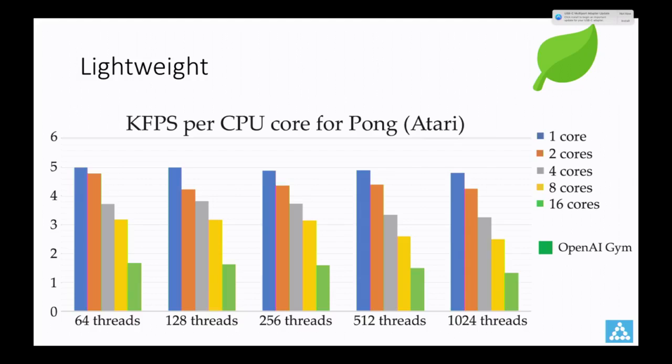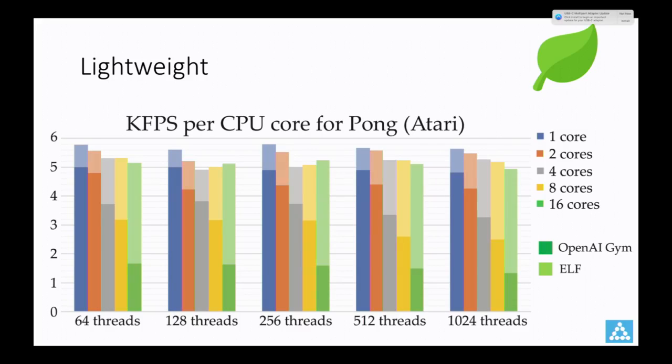The ELF platform is lightweight and can be used in a computationally efficient manner. We have compared ELF with OpenAI Gym in terms of speed. OpenAI Gym's performance deteriorates when we use more cores, and because of inter-process communication, the overall efficiency goes down. However, our framework makes full use of parallelization, with strong performance on more cores.